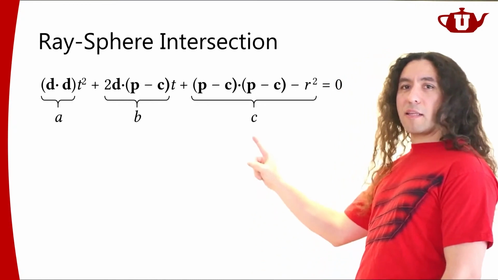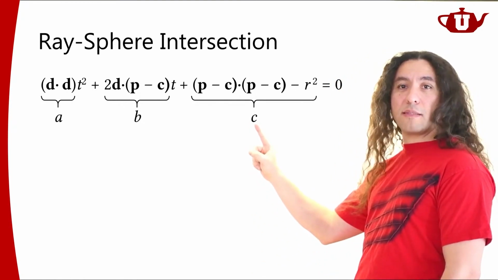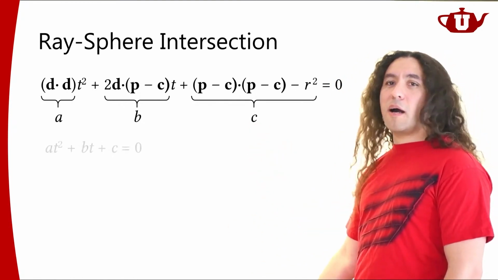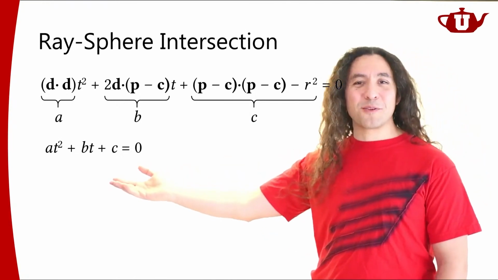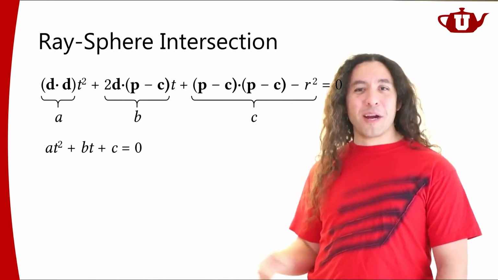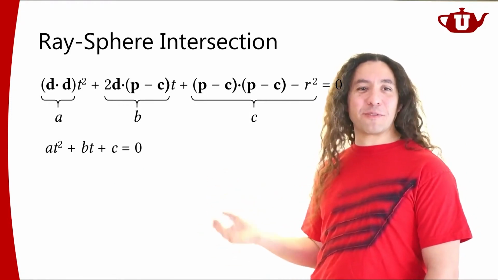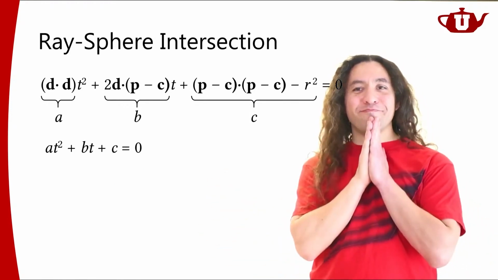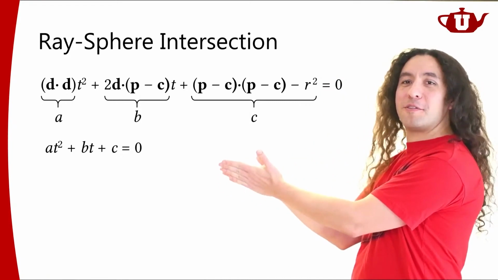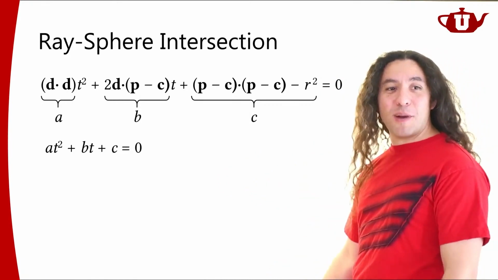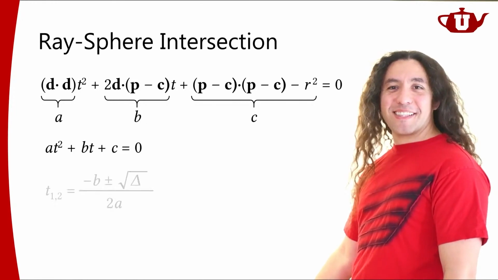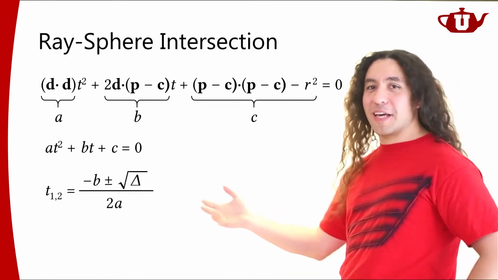And the remaining scalar value, that's also another scalar value, I'm going to call it C. So it goes into this very, very familiar form for a quadratic polynomial: At squared plus Bt plus C is equal to 0. So what's the solution for t? Most of you should know this by heart by now. That's the typical quadratic formula.